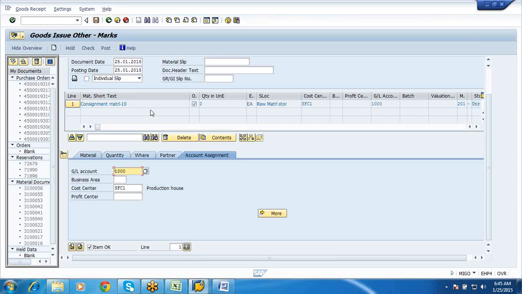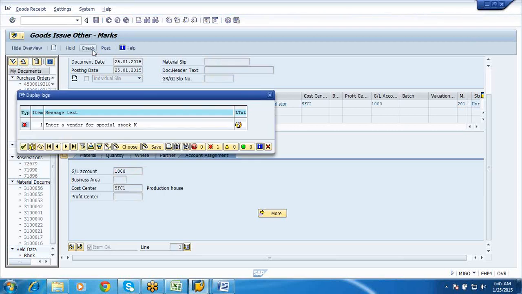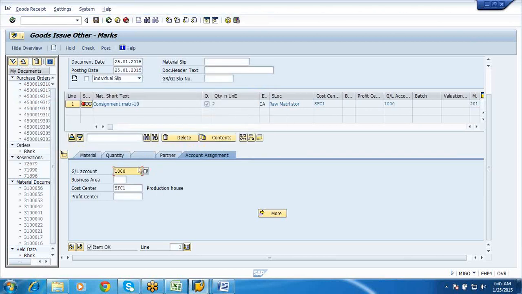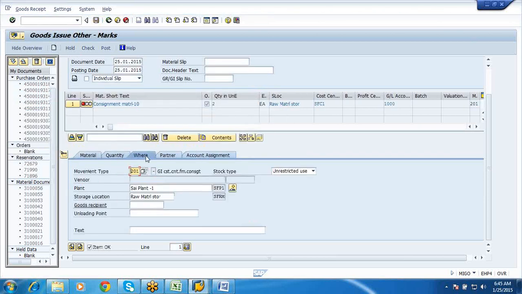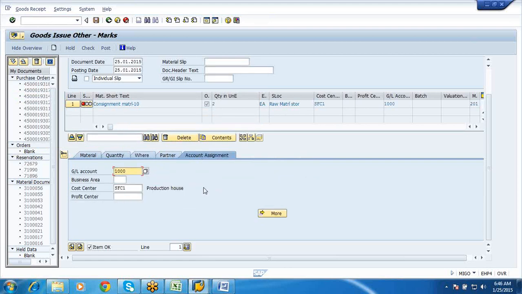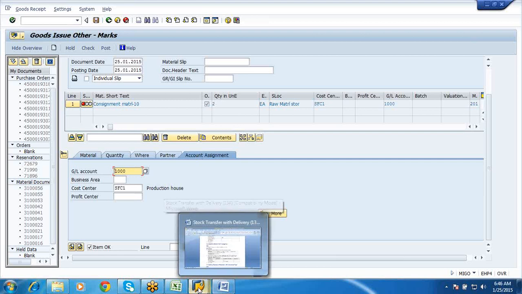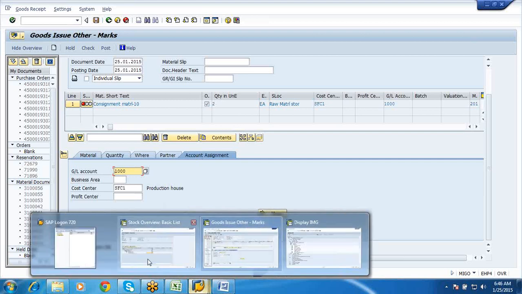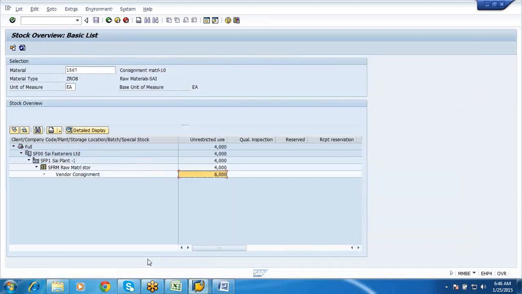Let me just check. Enter a vendor for special stock key.